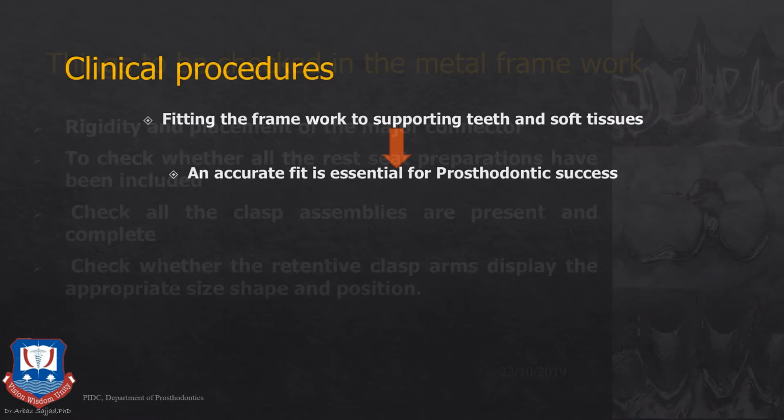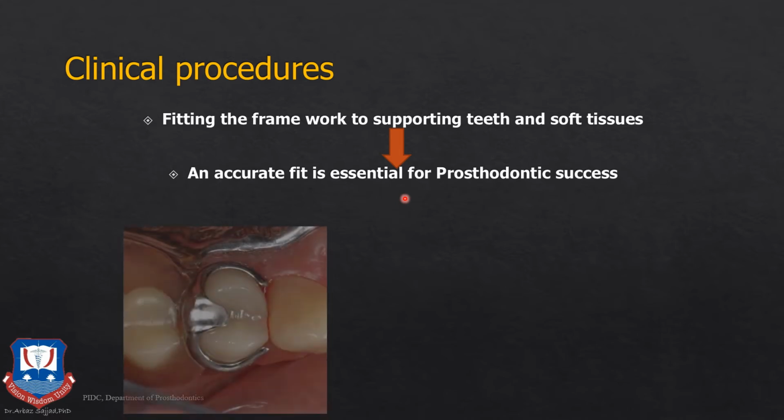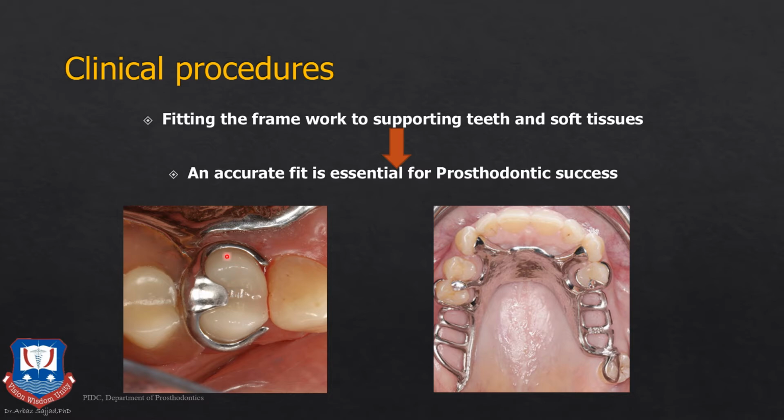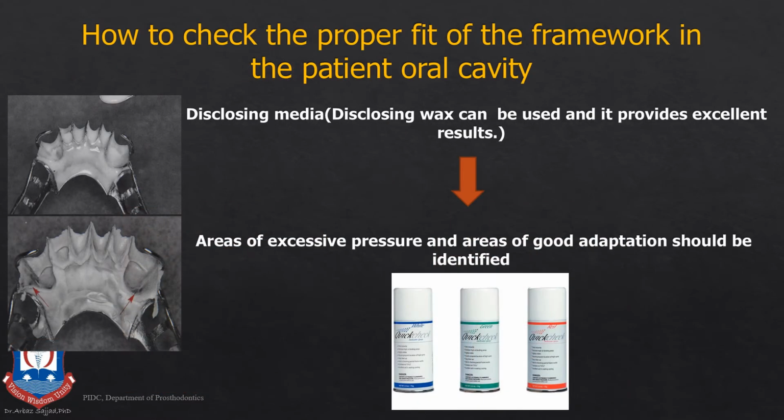After the fitting of the framework is done in the patient's mouth, we have to check for intimate fit of the rests, the reciprocal arm, the clasp assemblies, and the major connectors in the patient's mouth, and relieve any interferences and any painful sharp pressure points. Once this is done, we move to the next step. So, before we move on to the next step,